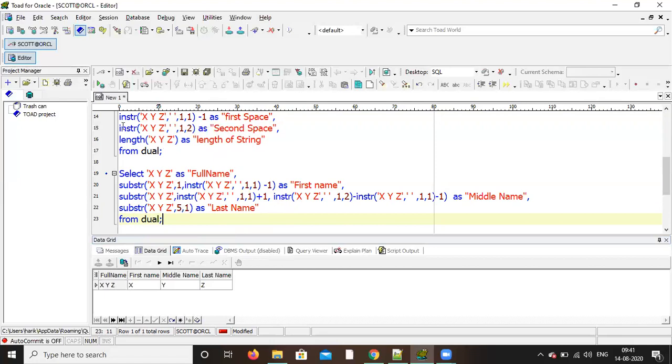How to find the second space? That one, 1, 2, plus 1. That is nothing but second space plus 1. No, instead of 5, you write plus 1. Remove that s. Instead of s, write plus 1. Write plus 1. 1, 2, bracket close, plus 1.